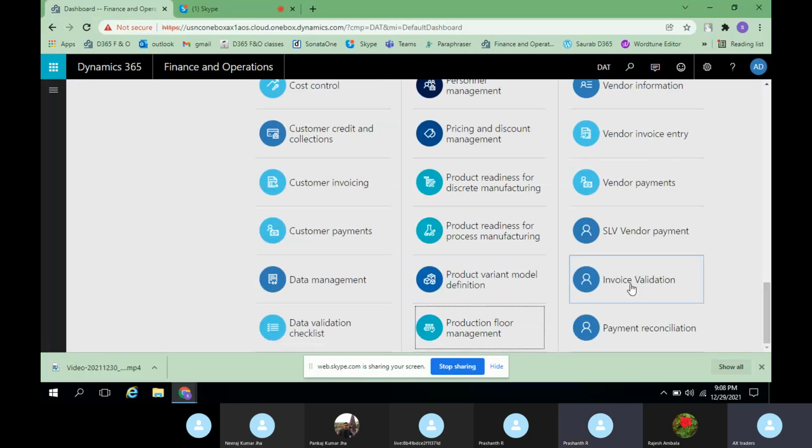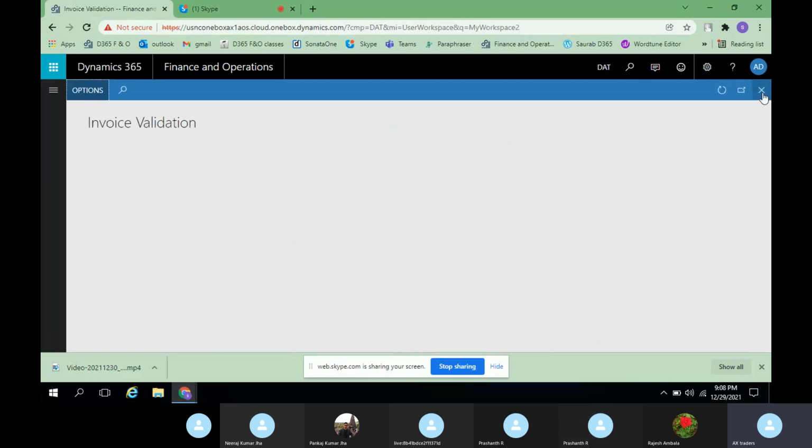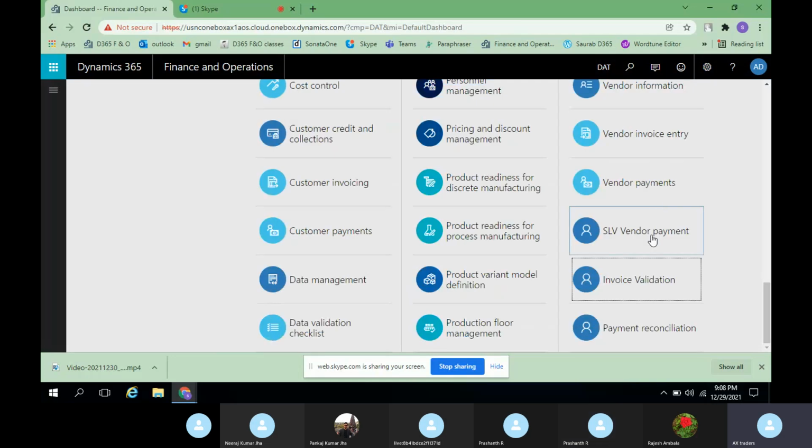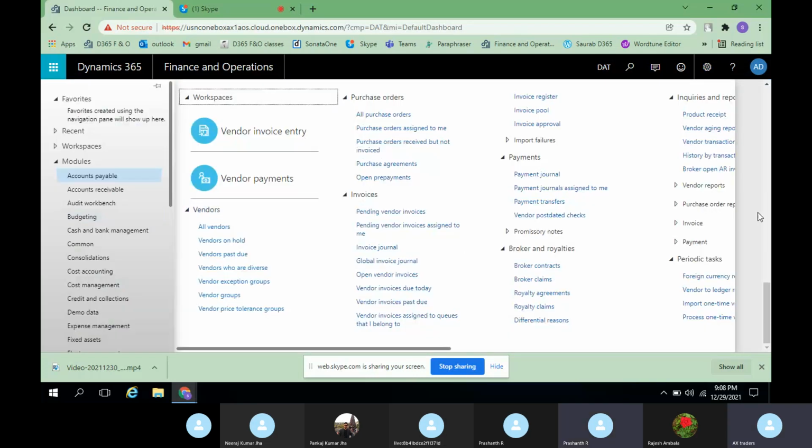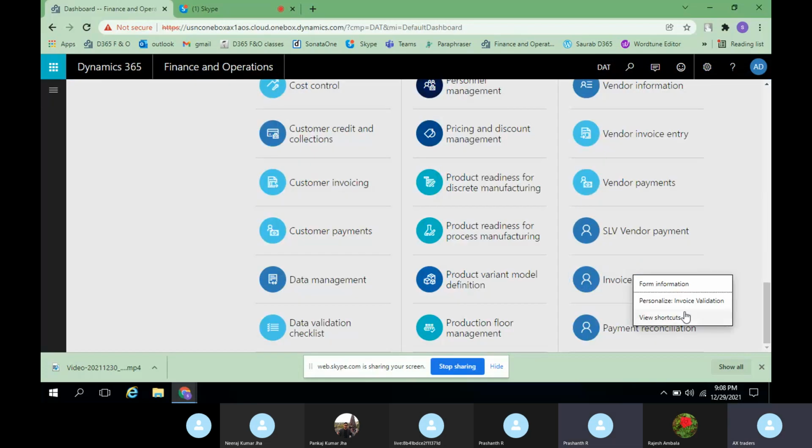Okay, we'll add in this one only for the time being. We have already created two workspaces, right? Maybe the one more workspace is not reflecting here. I'll try to add all vendors in this invoice validation itself, or else we'll rename this one.